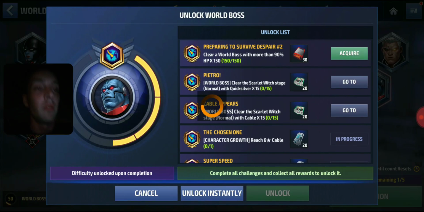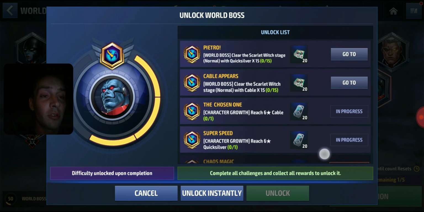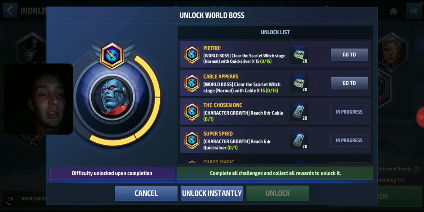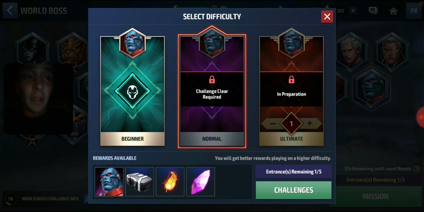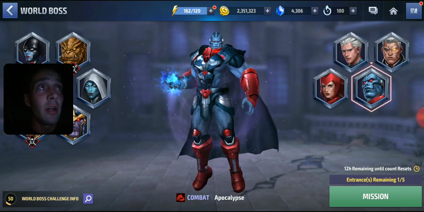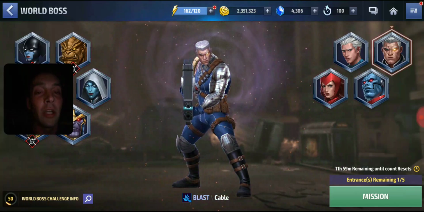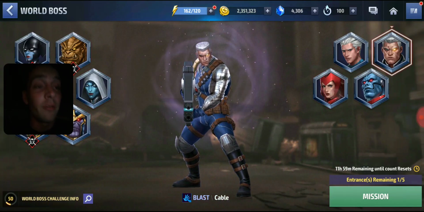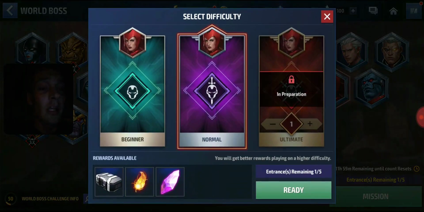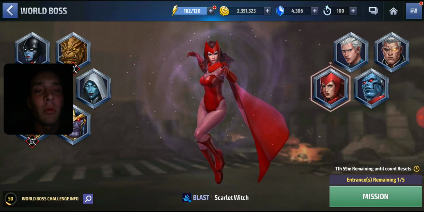I got a challenge open here. These are all my challenges for Apocalypse, which I haven't really got around to doing them because they come out with Tier 3, and now all of a sudden I'm so focused on getting those that I forgot that I don't have Apocalypse or Cable yet. What is that? Yeah, I know. I cheated and used crystals to unlock Scarlet Witch early after they come out with the Infinity War uniforms, so